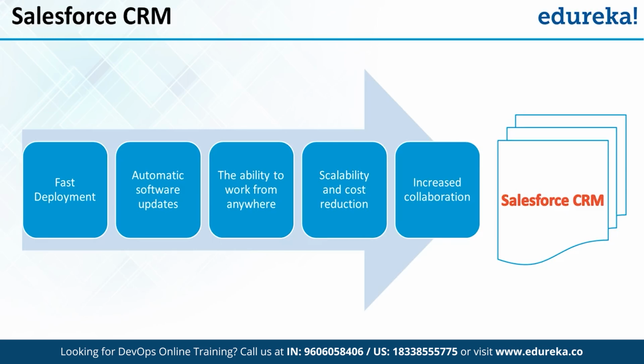The second thing is automatic software update. Now, I don't want to release patches. I don't have time to worry about my software. I don't know which is the new one. I don't know what kind of software I should use compared to my competitors. So in a local deployment of your CRM, you always have to update your software. It should be connected, and whenever you shut down or turn off the computer, it always updates and all that. So it's a lot of work, and you have to take care of all that. What if a wrong update happens? You can't use it. So it's better to have the provider do all these things.